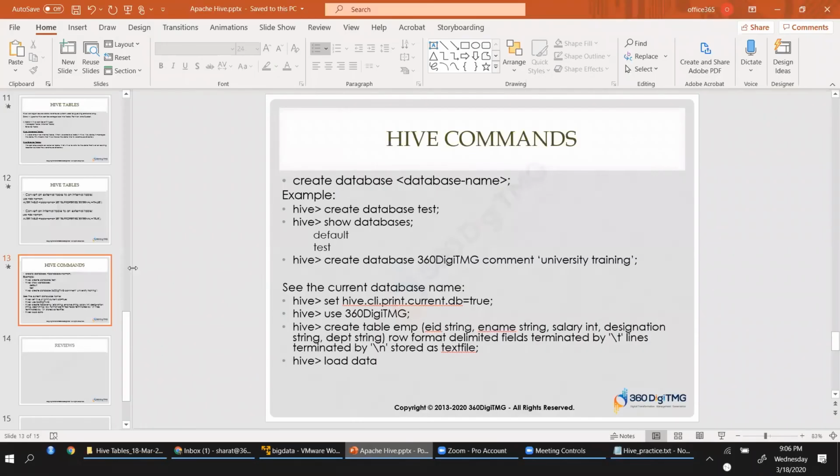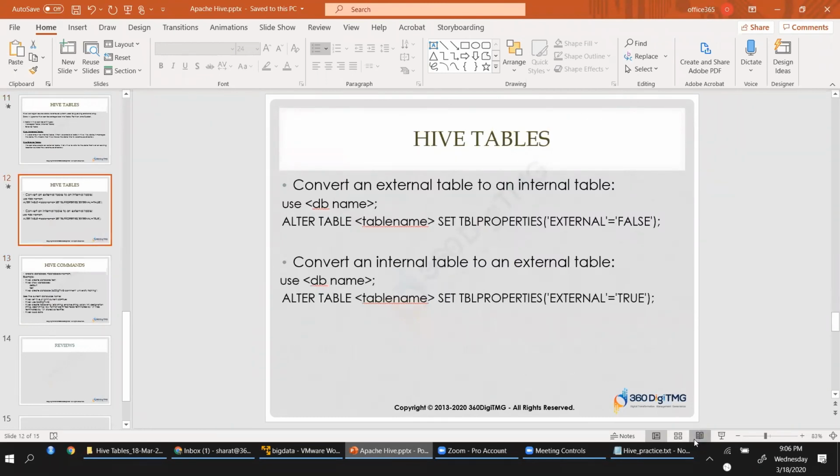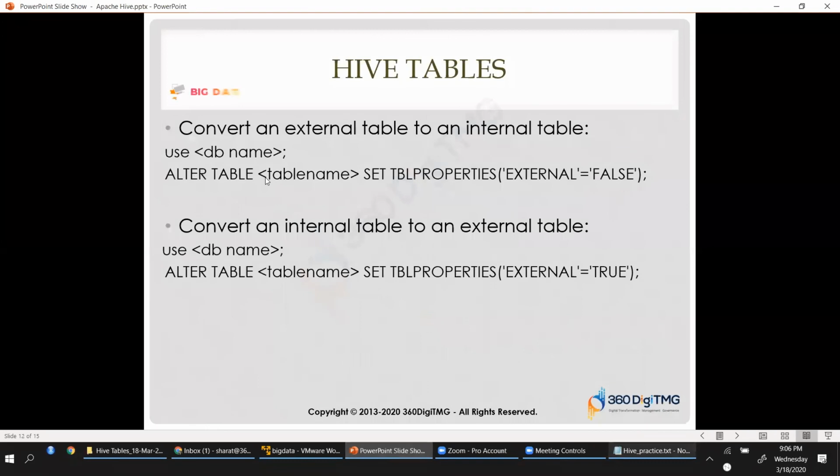Now, as you have seen, if I have to change this Hive table to an external table, this is what I can do. Alter table, table name, set table properties, external is equal to true.